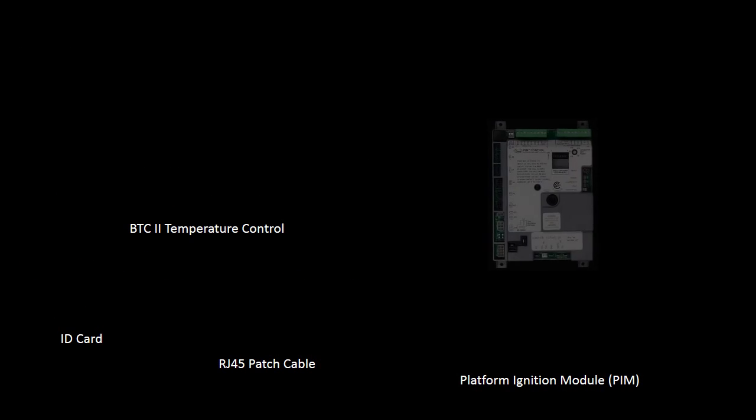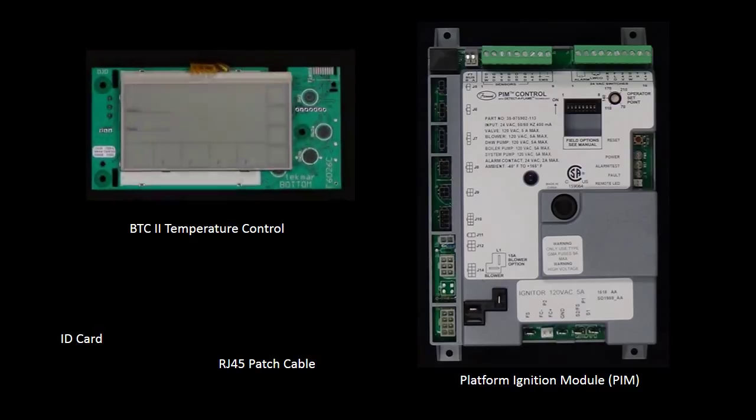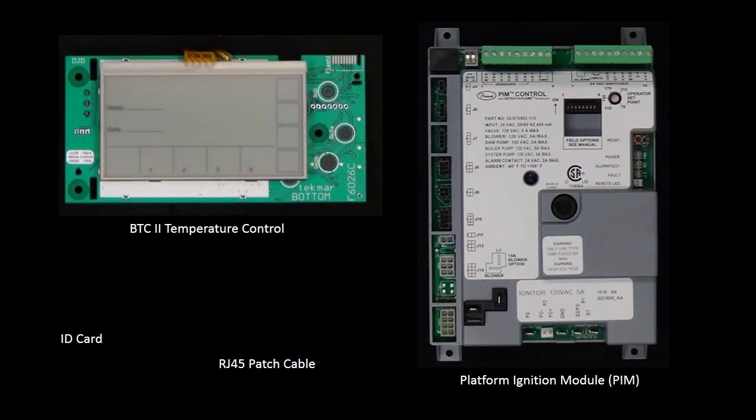The platform ignition module integrates the functions of automatic ignition control with temperature regulating and control functions. The PIM is also designed to connect to and receive commands from the BTC2 temperature control. When connected to the BTC2, the PIM offers expanded control functionality to include domestic hot water, outdoor reset, diagnostic messages, and other system capabilities. The two controls communicate with each other using a proprietary protocol through an RJ45 patch cable